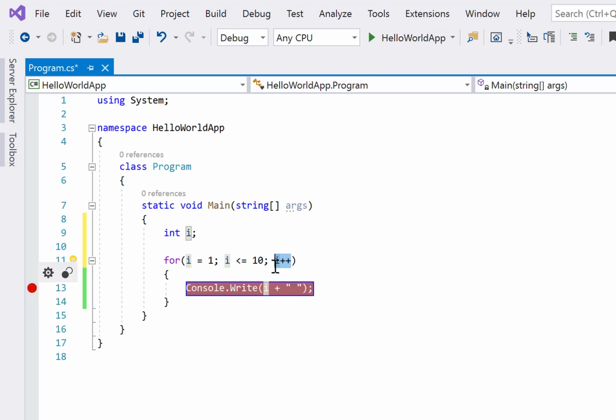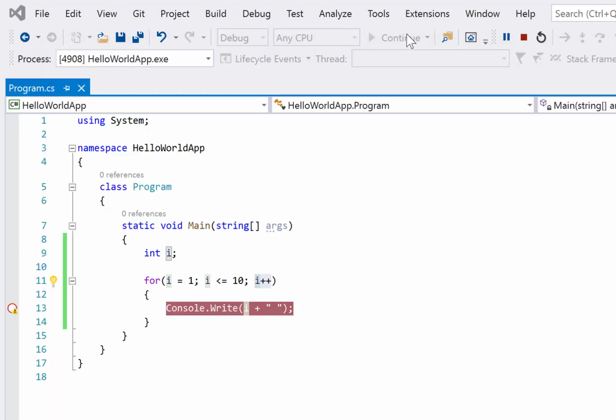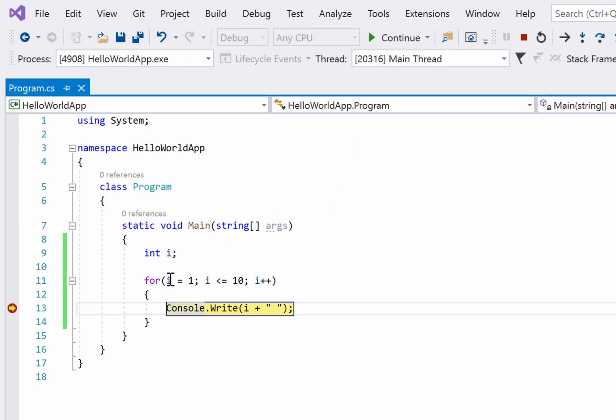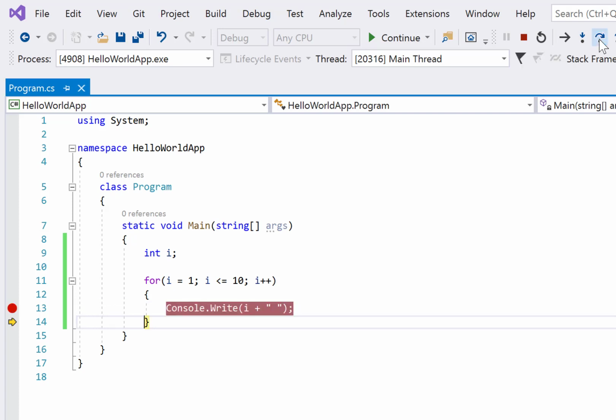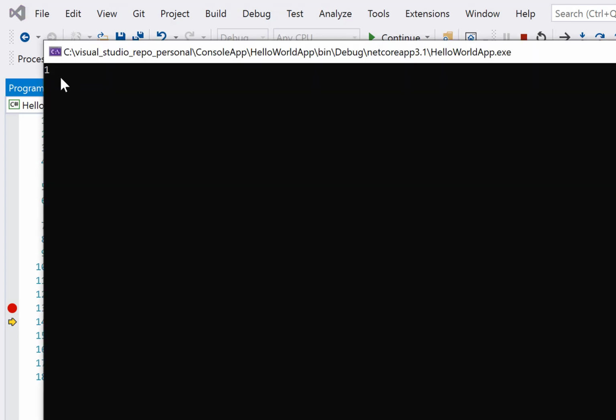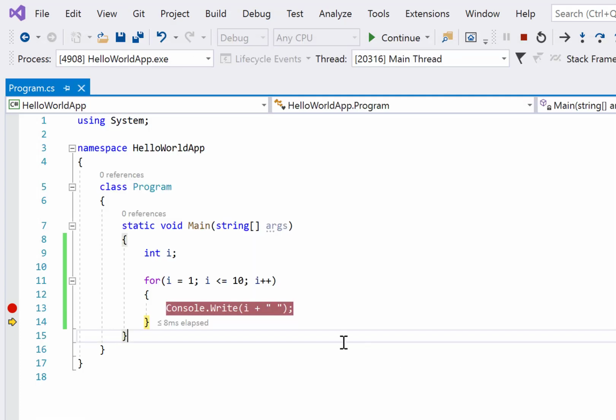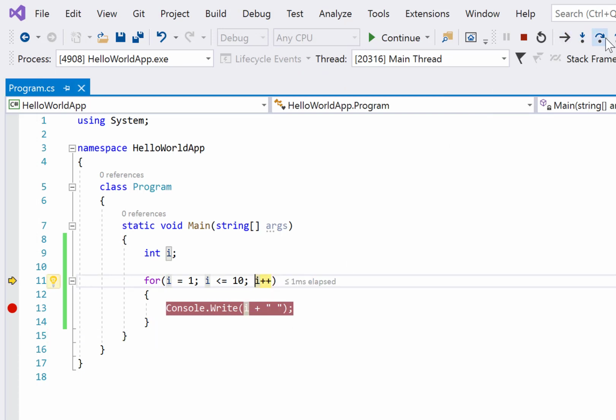In fact, I can show you in debugging mode how it works. If I start this in debug mode, you see the i value is 1, which means we have done initialization. Now the condition is matching, so it will go here, and via this we can step over, which debugs one line. It will go here and you can see it printed 1. Again it will check the condition, then do i plus plus, and check the condition.